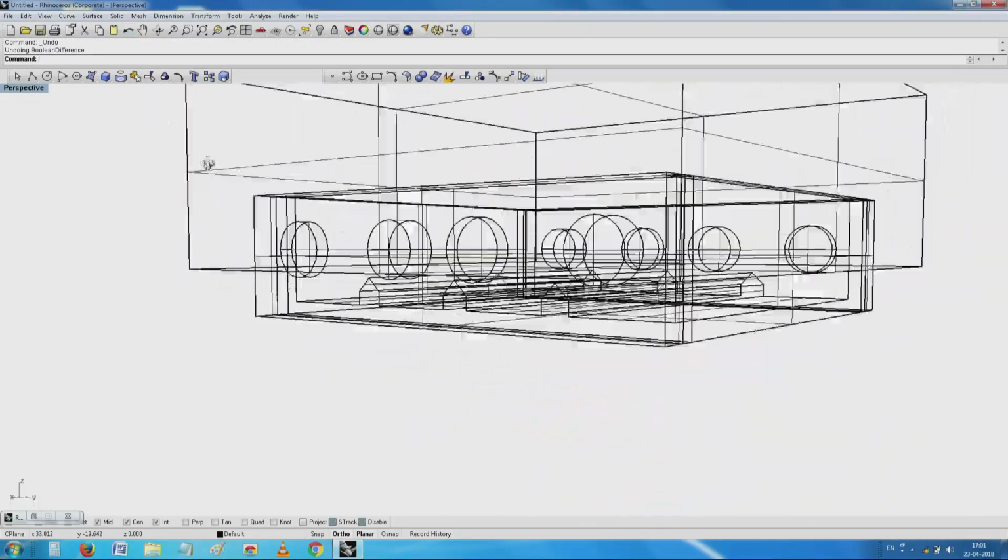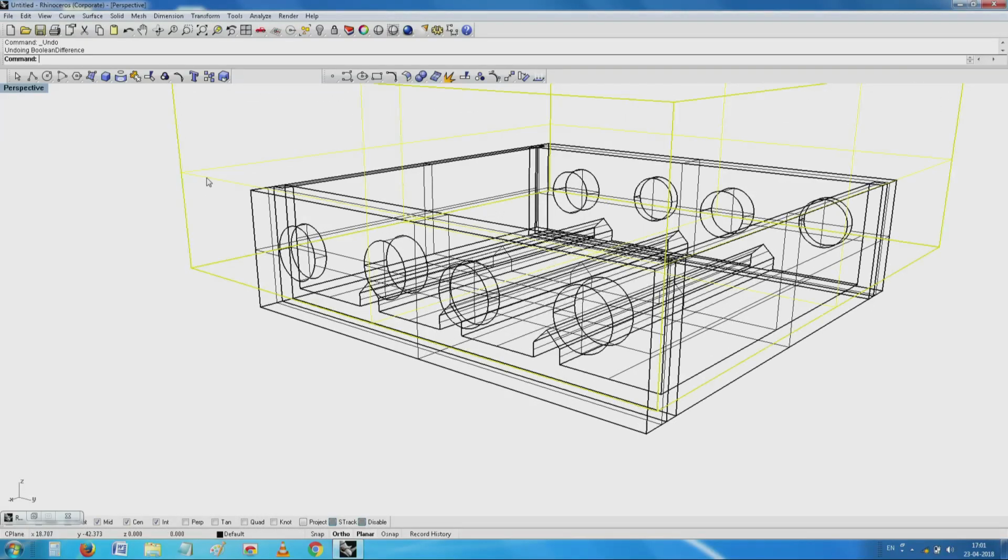Now, I will raise it to the next higher level. Right now, it is here, part of the thing has been built, if you remember.